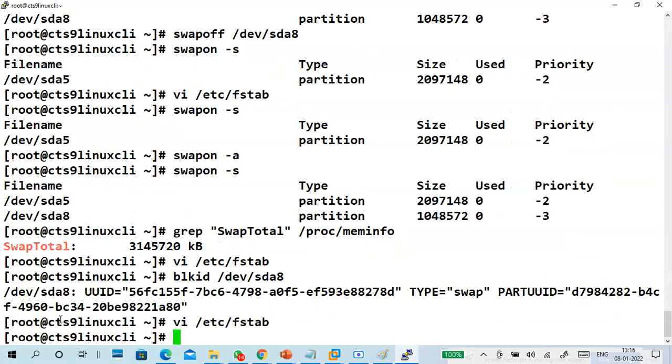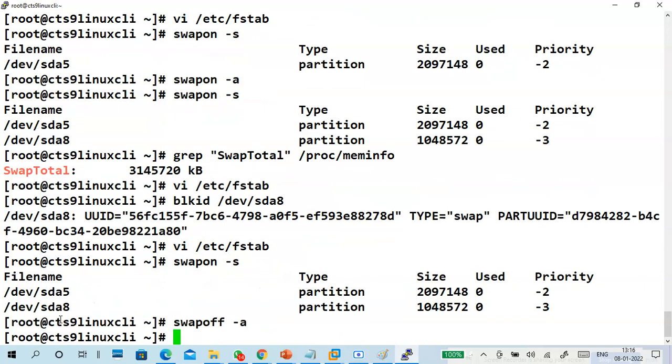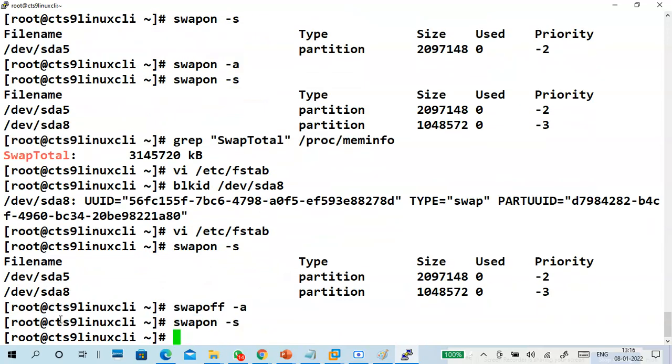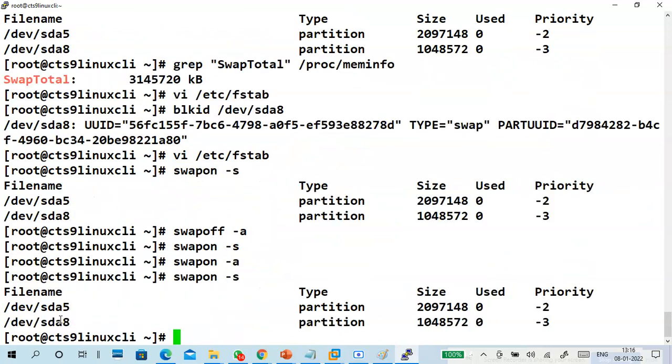Now, it is there. So what I'm going to do is I want to remove swap off with -a, which means I removed all the swaps. I removed everything and I'm adding everything. Take it, add automatically because it's specified in fstab.